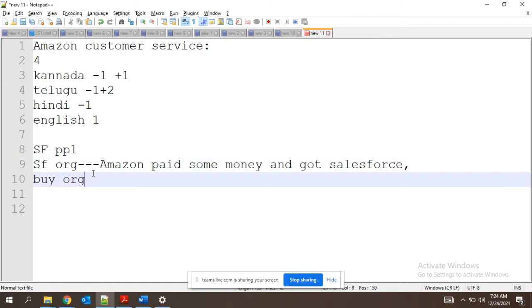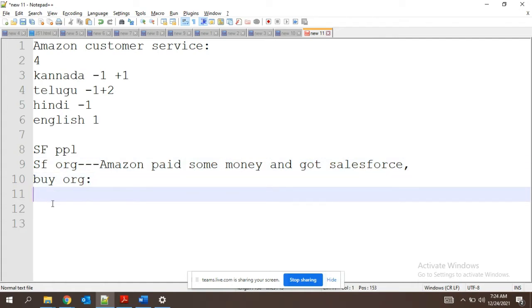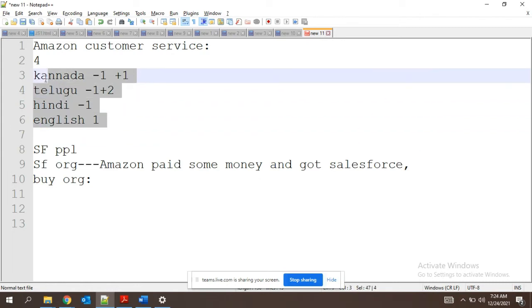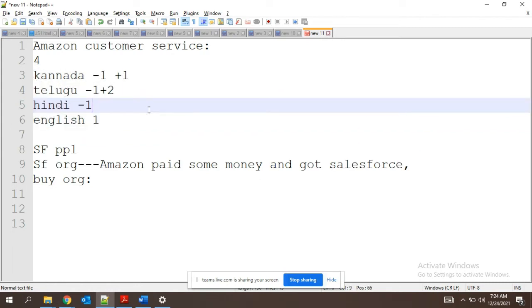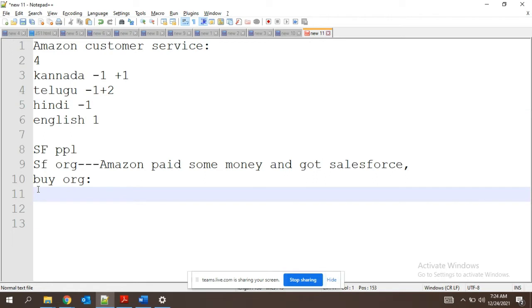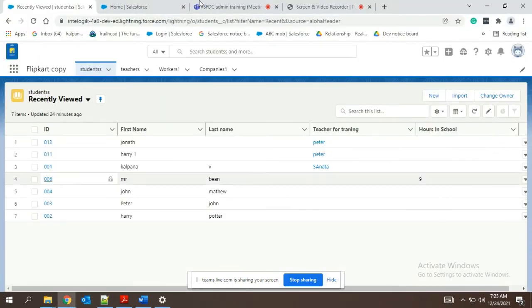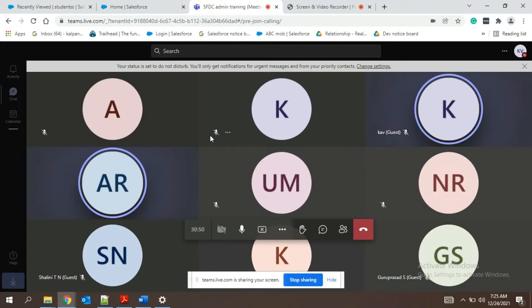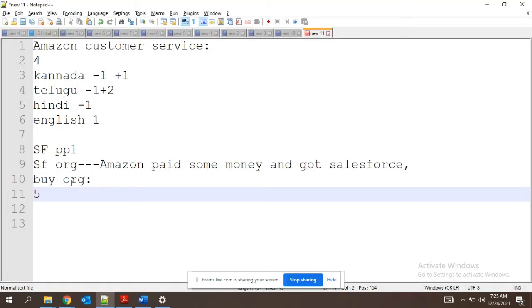Once the organization was bought, now we have to set up the users. How many users do we have to add now, guys? Five, correct? Three.